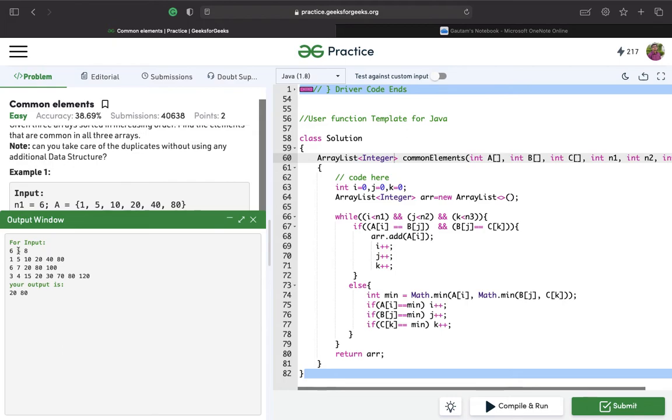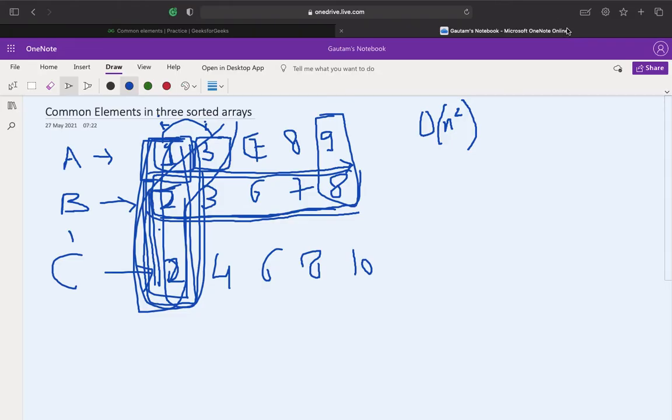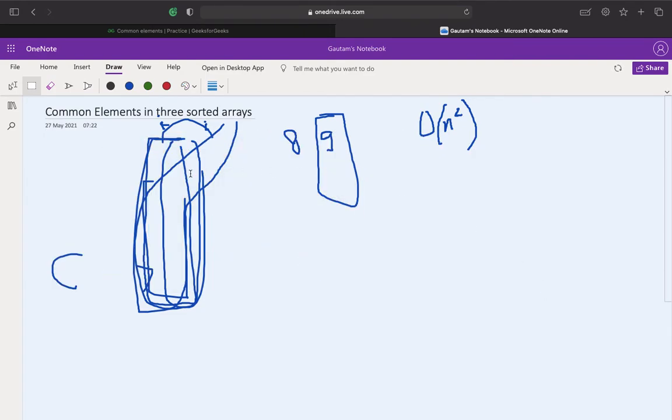Yeah, so the output is 2080. Yeah, we have 2080 and 2080 over here, right? But I will not submit this solution because there is a corner case which I am missing right now. You guys might have guessed it. For example, let me tell you what the corner case is.